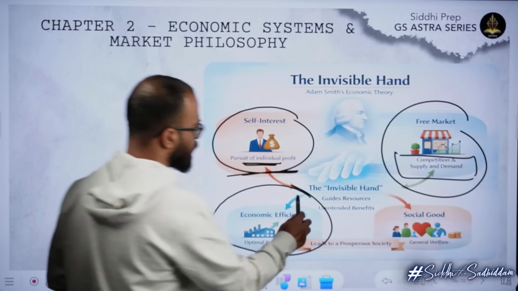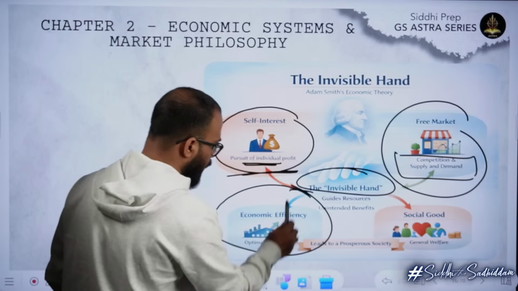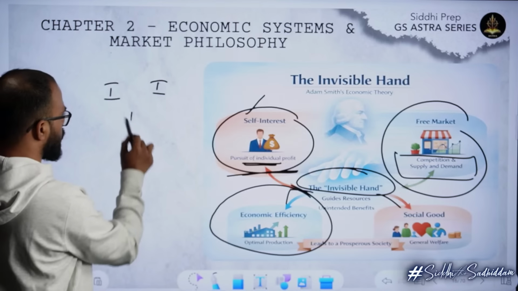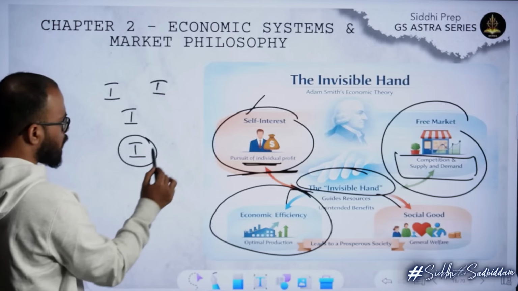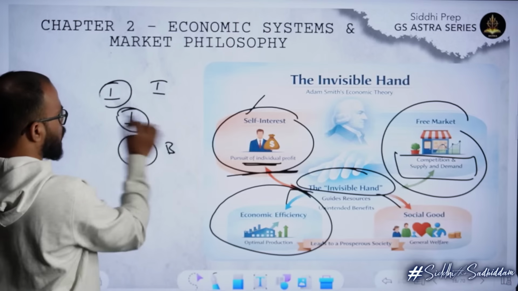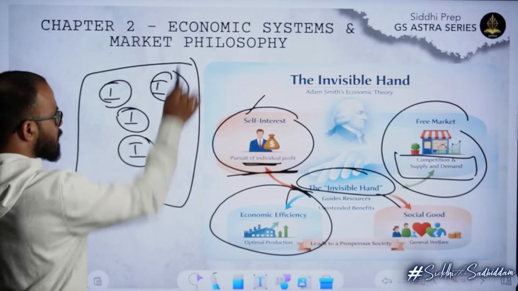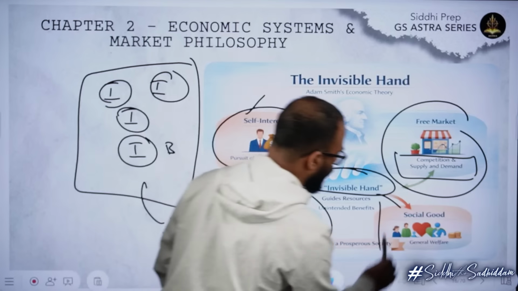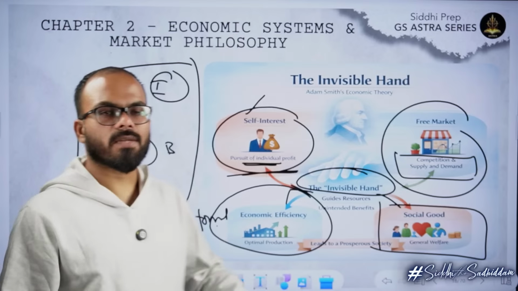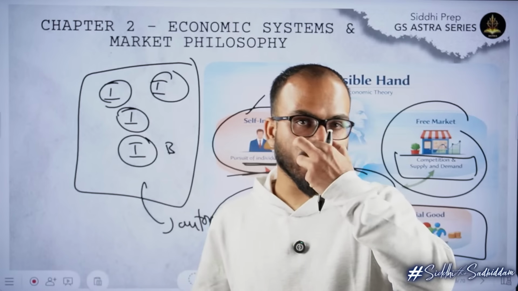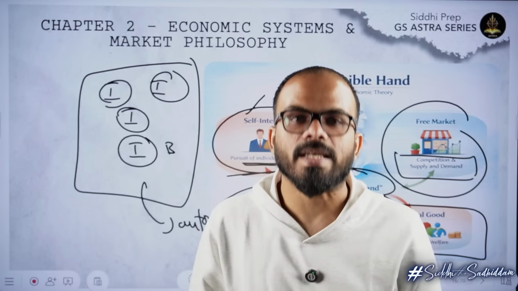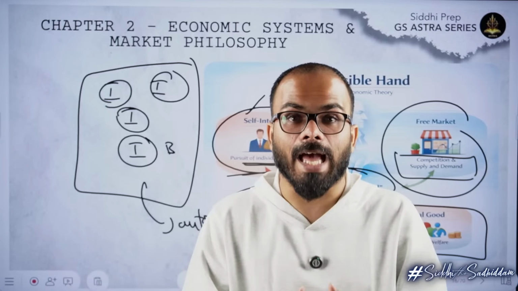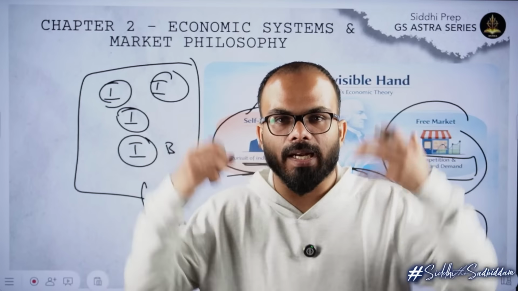So Adam Smith says the invisible hand will determine everything. See, there are 5 people. This fellow wants the best, this one wants the best, and when everybody wants the best, society will automatically grow. This is the proposal of Adam Smith. Because any individual has their own interests, their own growth requirements and growth-related ambitions, society will grow collectively.